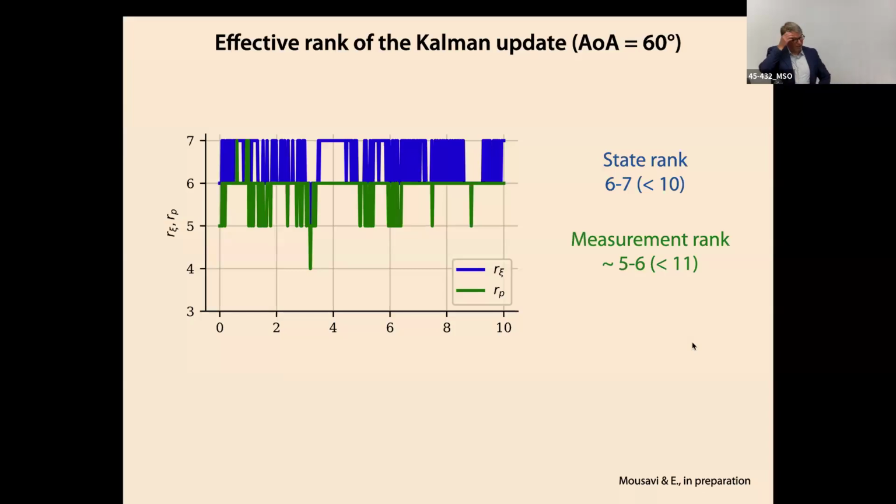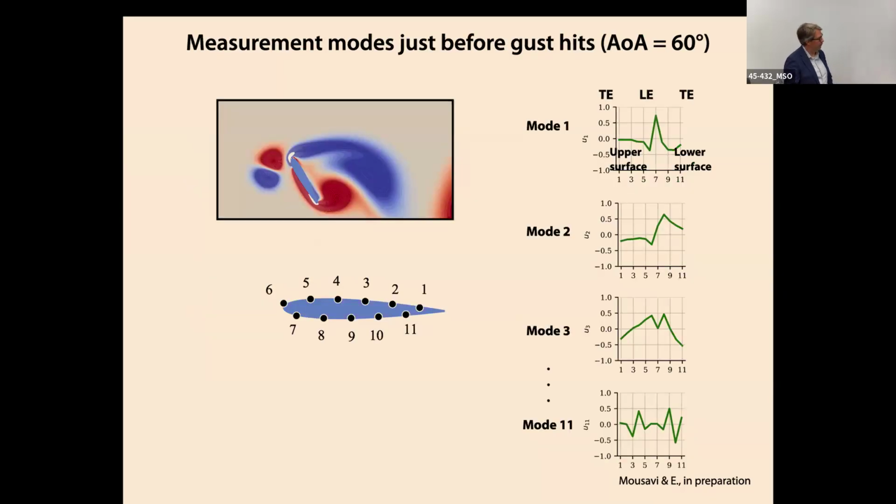What's interesting is to dig into that ensemble Kalman filter and figure out what was going on behind the scenes while it was doing that estimation. So this is at 60 degrees again. Remember, we're doing this low rank decomposition where we reduce the rank and we throw away the non-informative stuff. So even though there's a 10-dimensional space, the state rank stays between 6 and 7 always. And the measurement rank here, remember there's 11 sensors, but the measurement rank is only 5 or 6, which means it's not collecting that much information from the sensors compared to how many sensors there are, which raises an obvious question. Could we throw away sensors? Okay, and I'll answer that in a second.